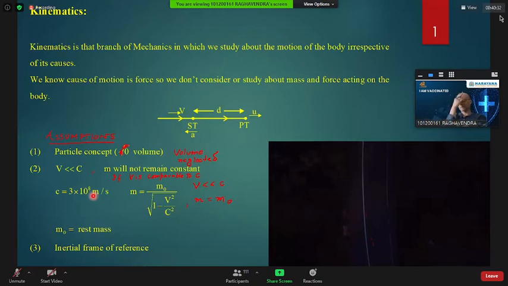Sir, can I ask? Ask it. Speak. Sir, you told the story, no, sir. Einstein will tell that girl to run so that her mass will increase. That is for fun, he told.